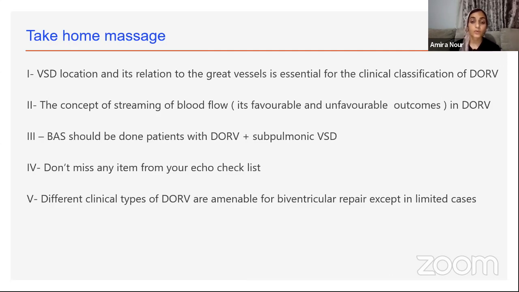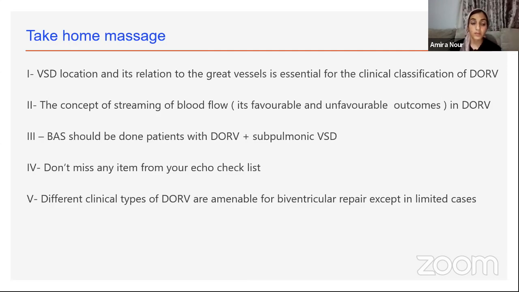And as I said before, the streaming effect of blood may have a favorable outcome in patients with DORV subaortic VSD, as they have a better saturation, almost close to 90%, or an unfavorable outcome in those patients with DORV subpulmonic VSD, where they present with marked cyanosis and desaturation. And again, balloon atrial septostomy, if the surgery couldn't be done as early as possible, should be done in patients